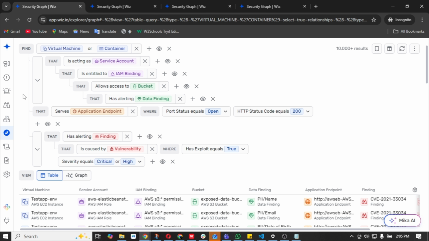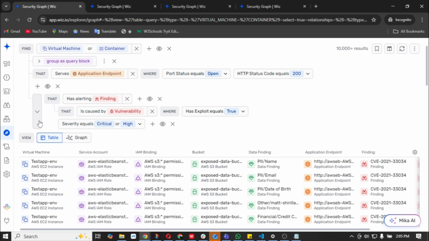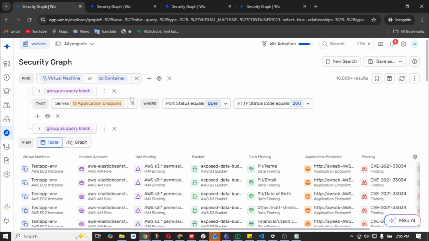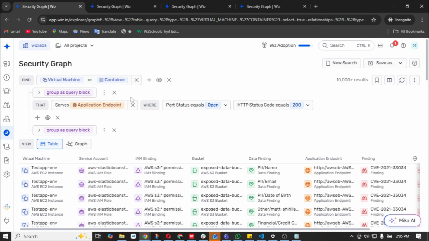The query blocks just have a way of making sure that your workspace isn't so messy. It groups your query like its name entails, query block. It acts as a group for your query. It groups your query. I don't know how best to explain this, but this is what